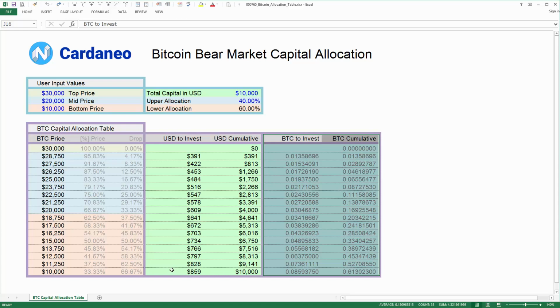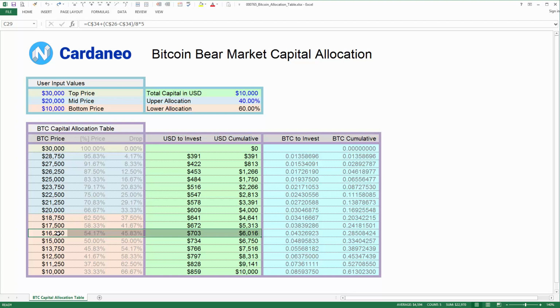down. Now the bottom in this table is $10,000, which means that if the price of Bitcoin goes to $10,000 and you've executed all of these purchases along the way, you will have invested all the capital you have allocated to purchase Bitcoin. If the price, for example, goes down to $16,250, you will have invested only $6,016, which means that little less than $4,000 will remain uninvested, or it will sit in cash. Now, if that turns out to be the bottom, that also means that you will never really invest those $4,000 unless you change the plan and then modify something.